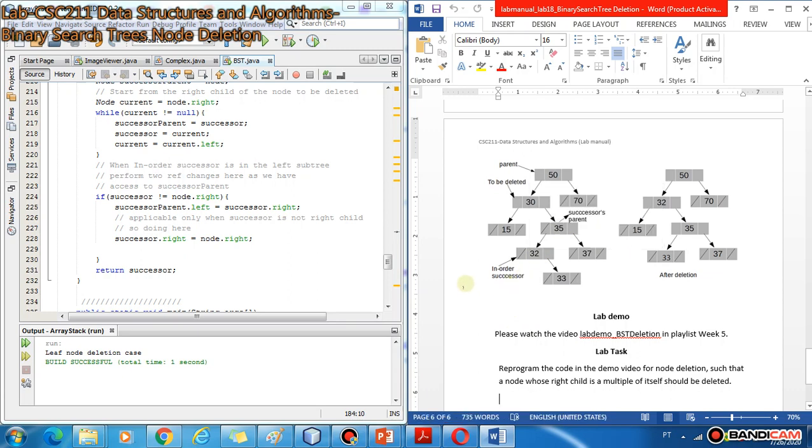because if you see, when the successor is the right child of its parent, then its parent is the node to be deleted. So in that case you don't need to manipulate that link. But in this case, the parent of the node to be deleted should be pointing to the successor.